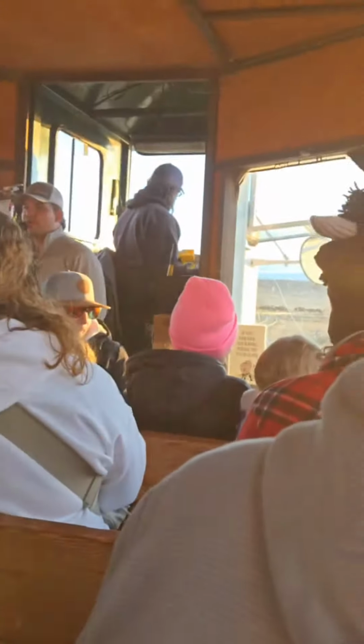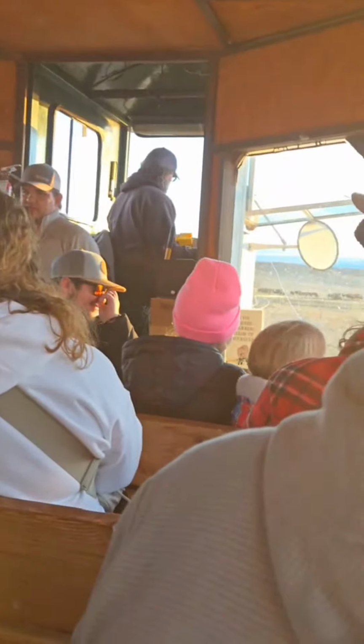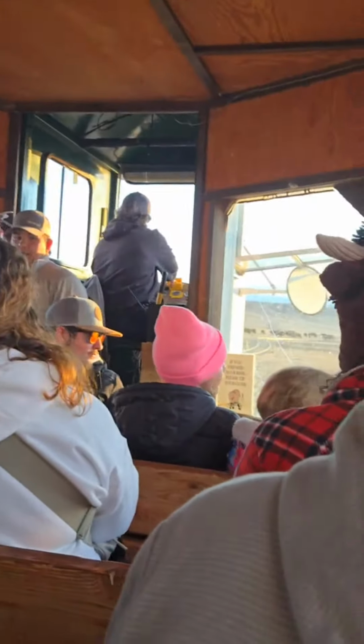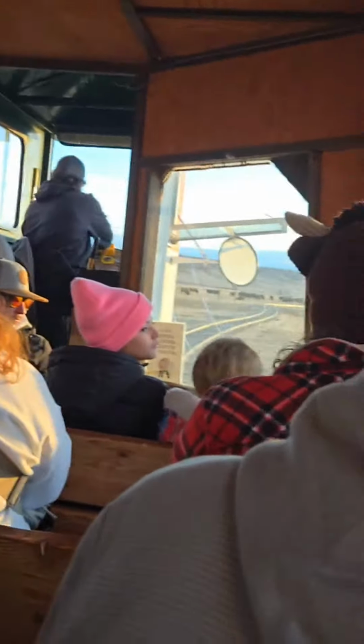A couple differences between bison and beef cattle. One is that we don't castrate any of the bulls, so there are no steers out there. Two, the obvious one, they don't moo like cows do. They grunt, bellow, and snort. Another difference, you guys may have heard how beef cows have...